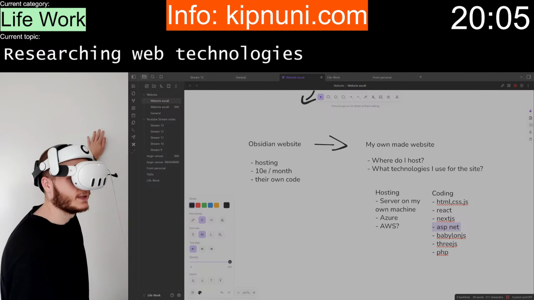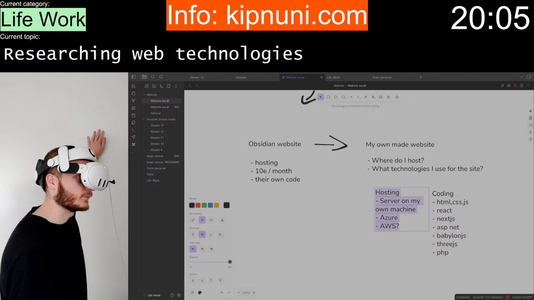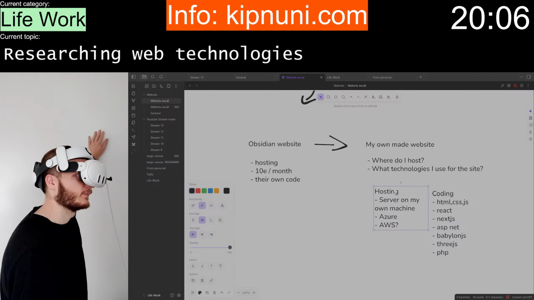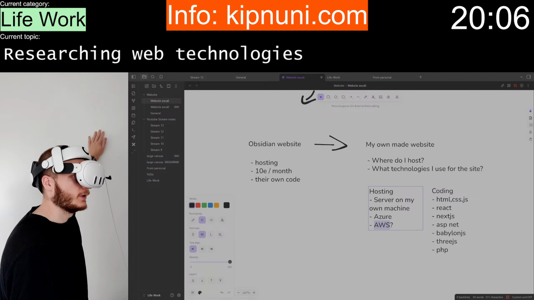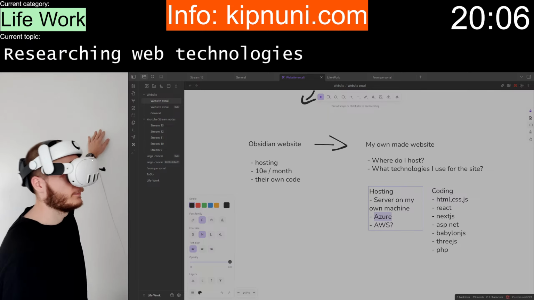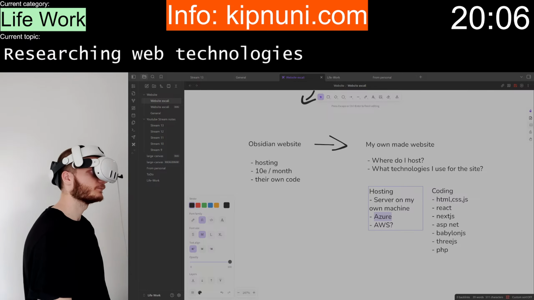So I thought, hey, why not jump fully on this and then host my CV website on Azure. I know almost nothing of this, but currently I think I could host it on Azure just because why not?